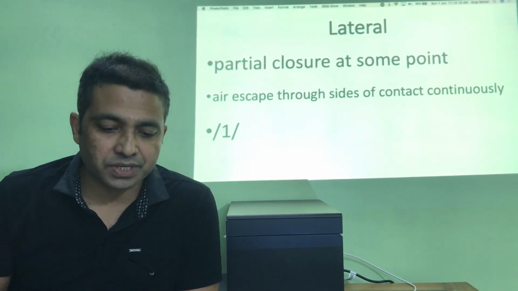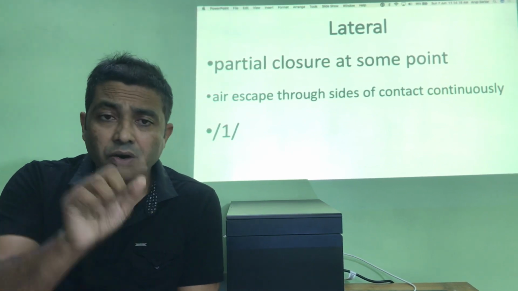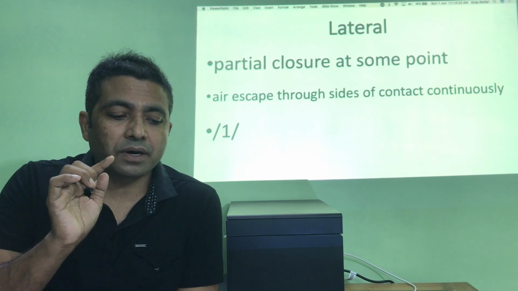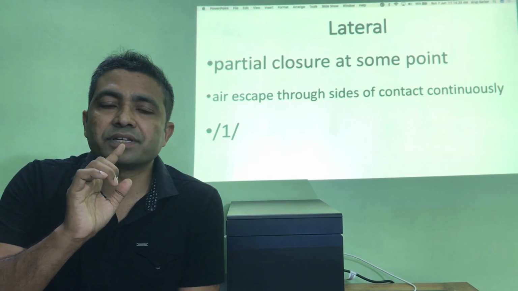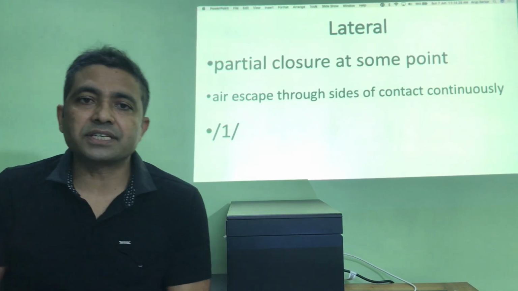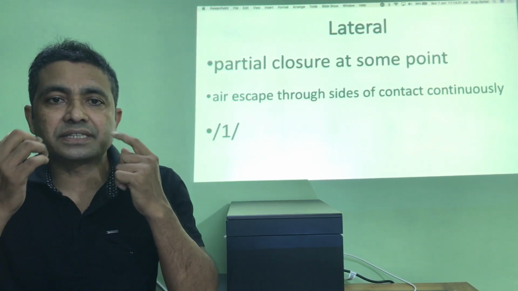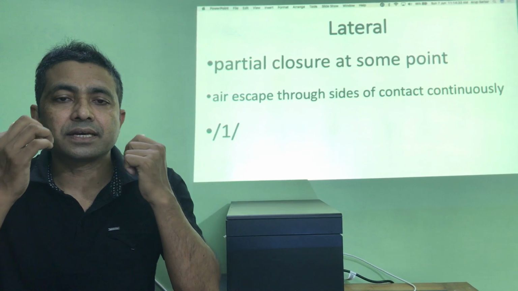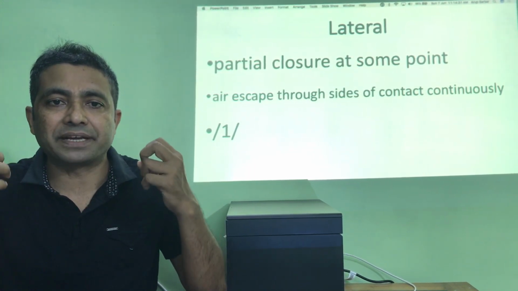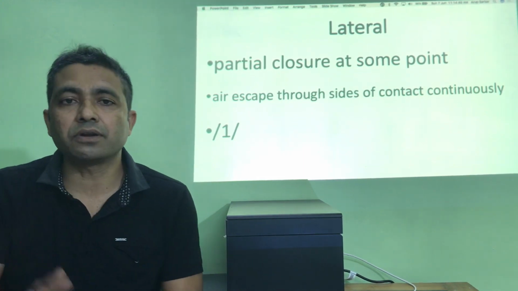Then we have lateral sounds. La is the lateral sound. During the production of la, see, the tip of the tongue is touching the teeth ridge. Though it is blocking the teeth ridge, the sides of the tongue, the blade, are open. So air is coming simultaneously through the sides, but the tip is blocked. So they are called lateral sounds.